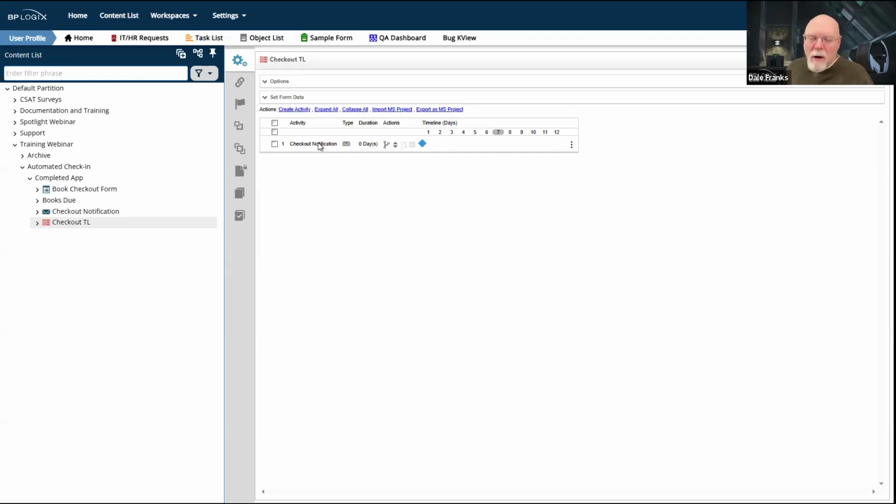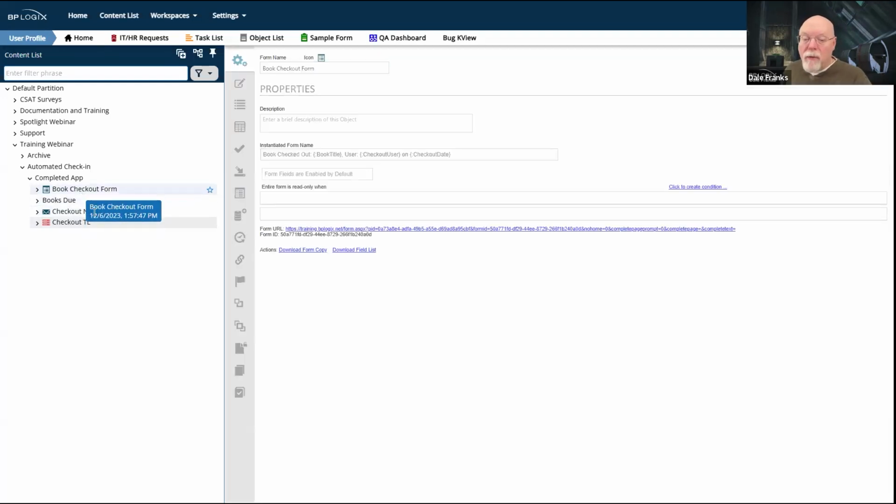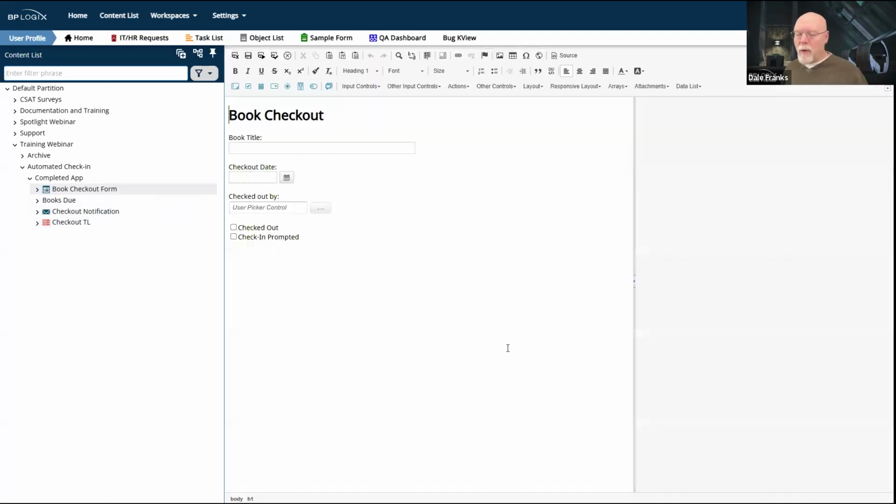But usually there is some process associated with either the equipment checkout or a complaint that you have submitted, whatever it might be. We don't really care what that process is. There just is one because we're going to submit the form and we're going to have our process. And in this case, the process just sends out the checkout notification. Now, the form itself is a little bit different. Let's take a look at the form's design.